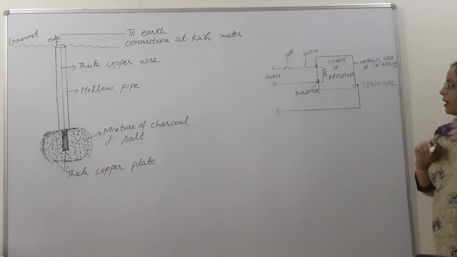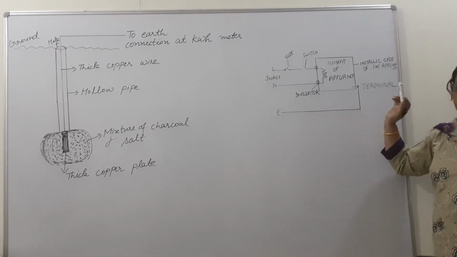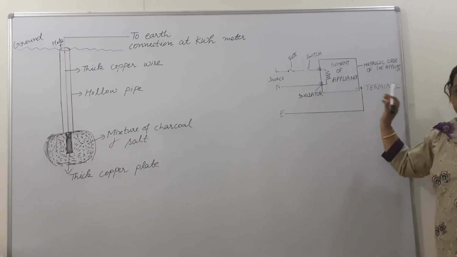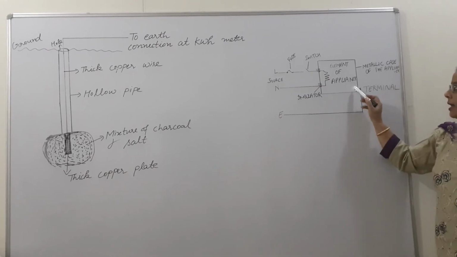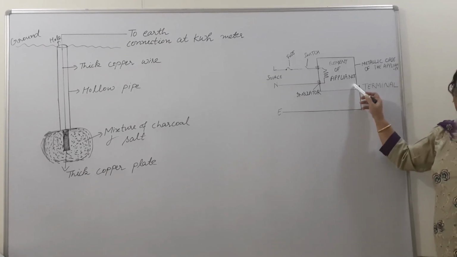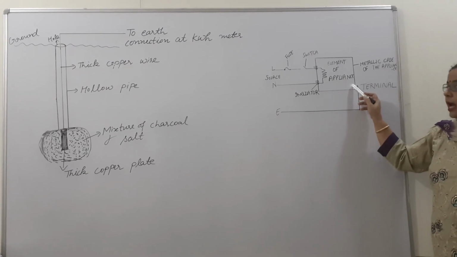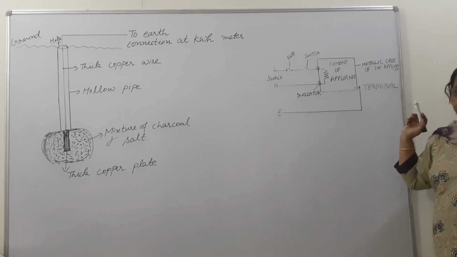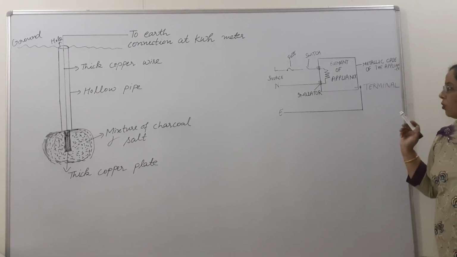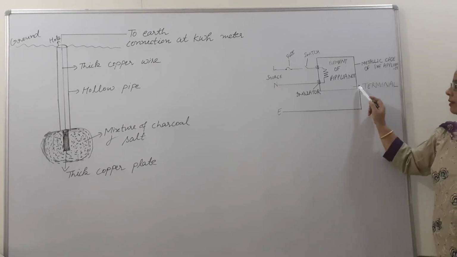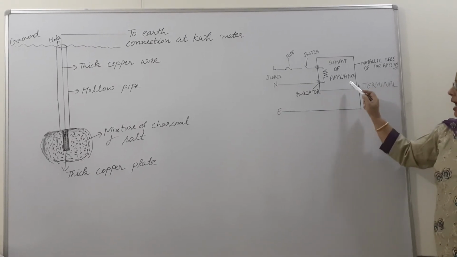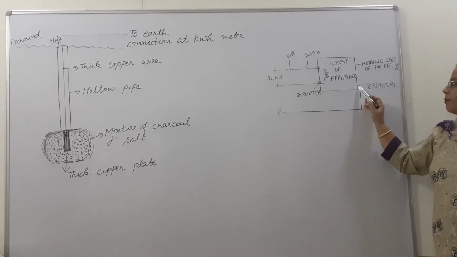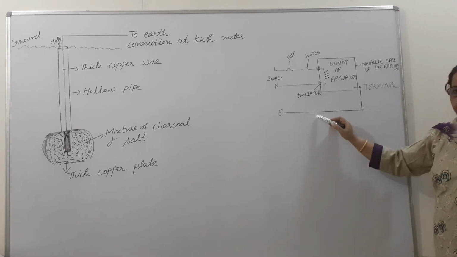When that live wire touches the metallic body of the appliance, then that appliance will acquire the supply voltage, beta, and we are physically handling it, we are touching it. If we touch that appliance, we will get a shock. So for that purpose, beta, earthing must be there, because when that appliance acquires a high potential, then that potential will move to the earth if earthing is